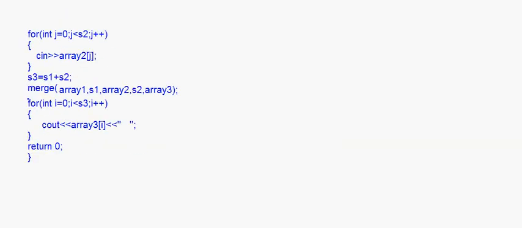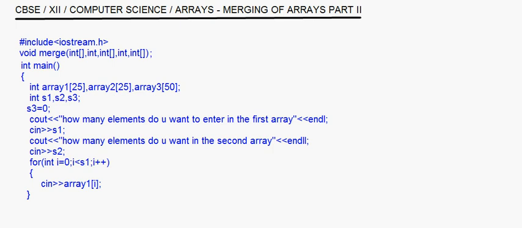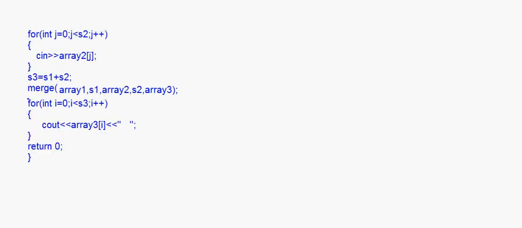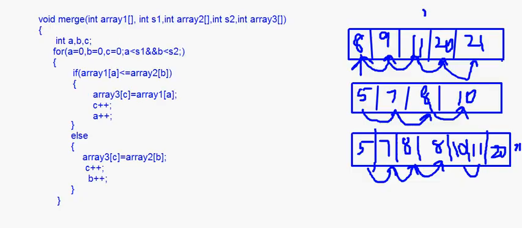Fine. So here we have got two ascending arrays, and we are merging those two ascending arrays into a third array. We are sorting it and putting it as a merged array, right? So with that, I come to the end of this session. In our next session, we will look at a different kind of merge in which we will have some descending order array also.